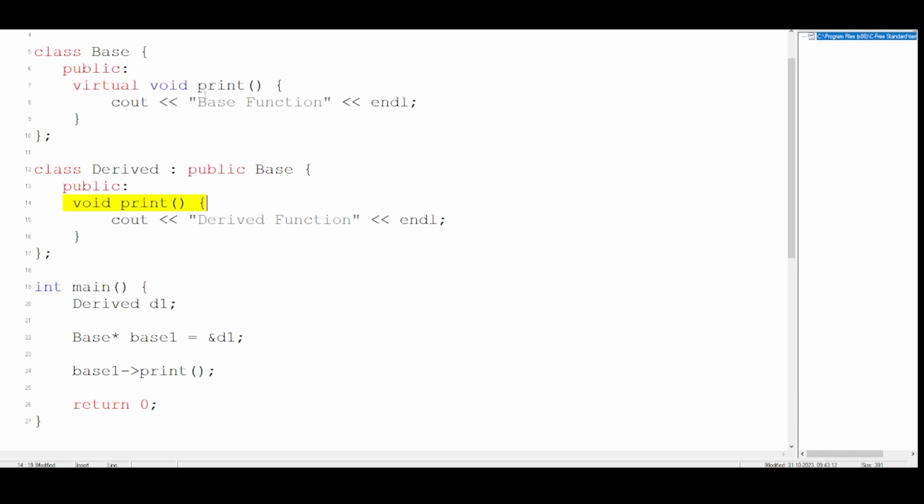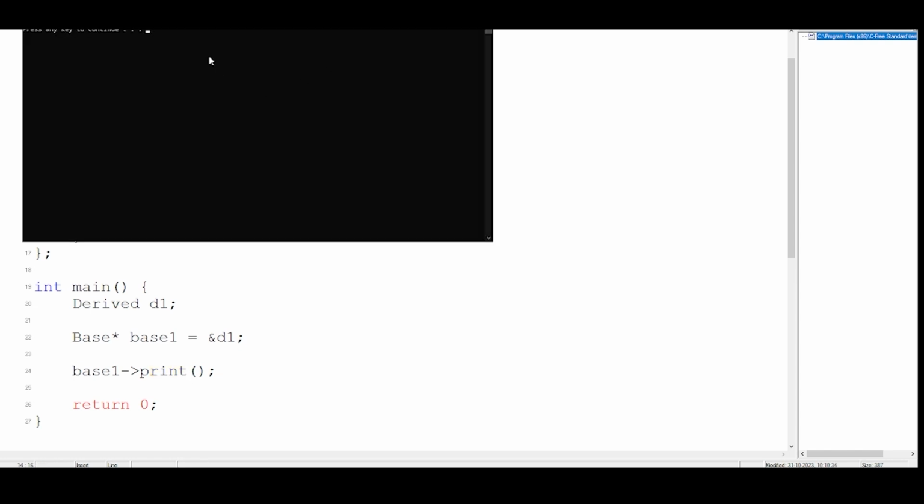So if I run the code, I should get the derived function as an output, because our main objective is that whatever I have inherited gets overridden. I want this function to run when I'm calling this object. I don't want this function to be called. Both names are the same, so polymorphism. But since I forcibly want this function to be called, I made a base pointer, that is base 1, which points to the object of D1, and this base 1 is directly pointing to the print, which is this one. So if I run the code, I should get the derived function as an output, which you can see over here.